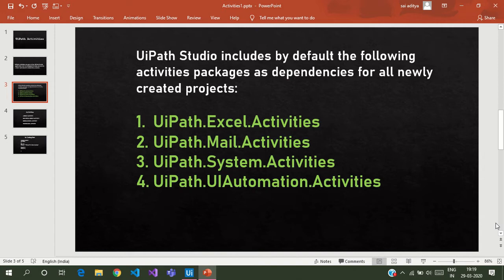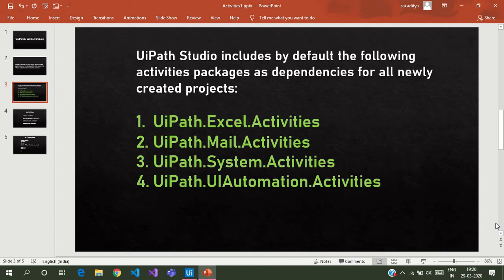There are a lot of activities that you have to learn in UiPath Studio, and I will not suggest learning all the activities at once. I will divide the activities into parts so that you can learn the basic activities first, and we will see the activities used in more complex projects in the later half.